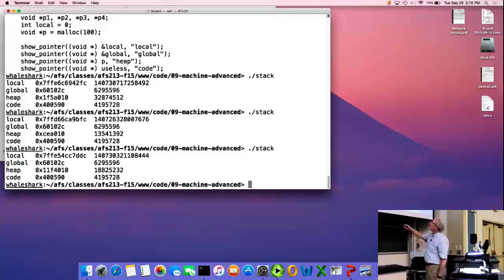And similarly, you'll see that the heap addresses are also varying from one execution to the other. So malloc has built into it some amount of randomness too in its allocation. So why is that? What's the purpose of that? Well,